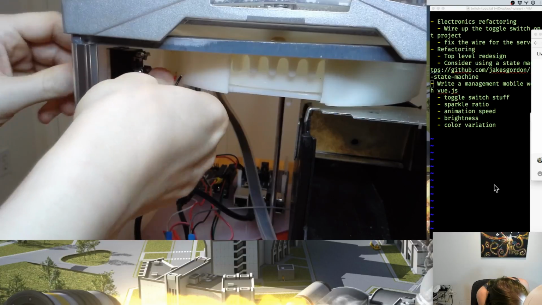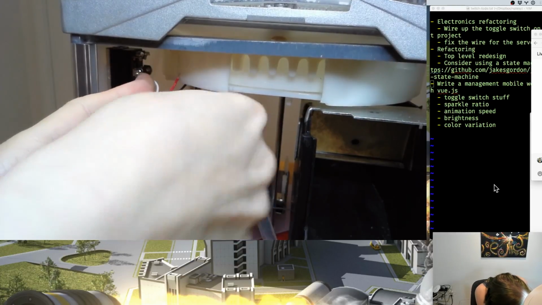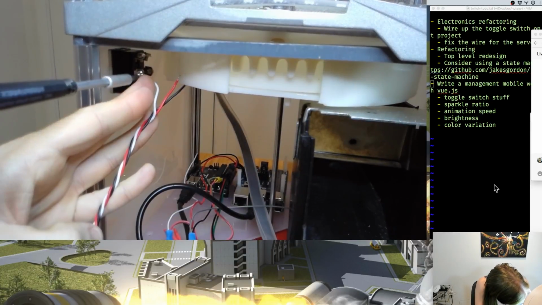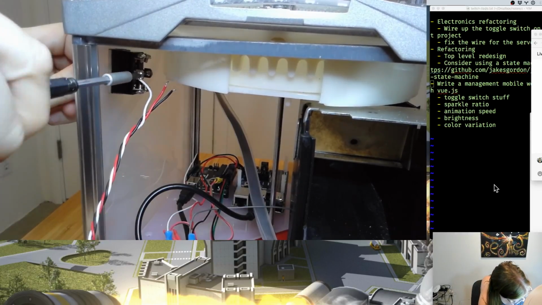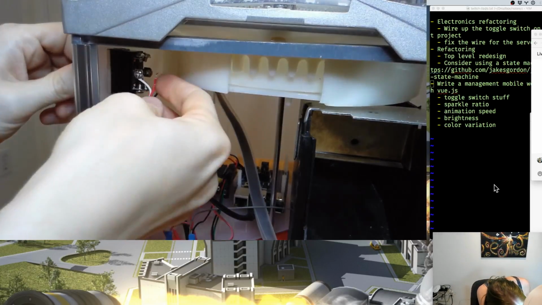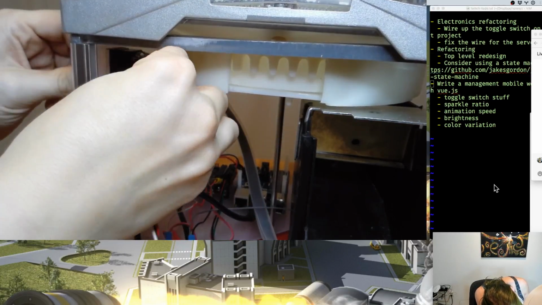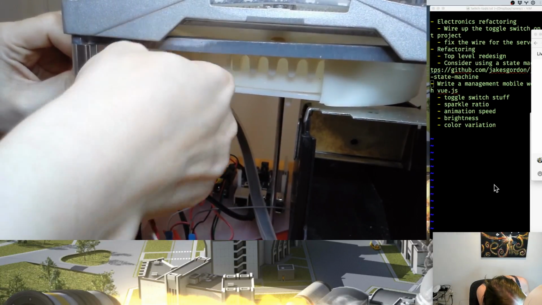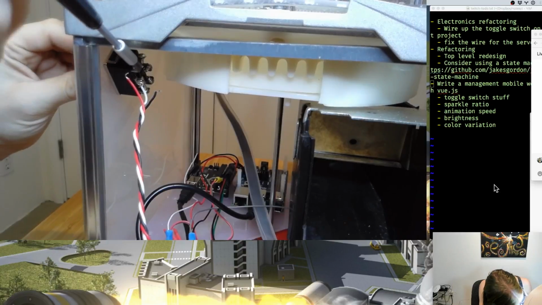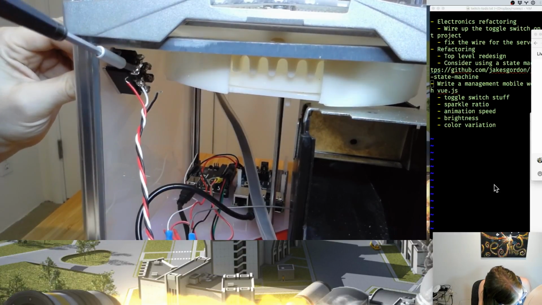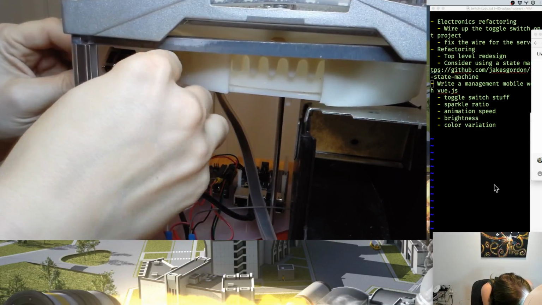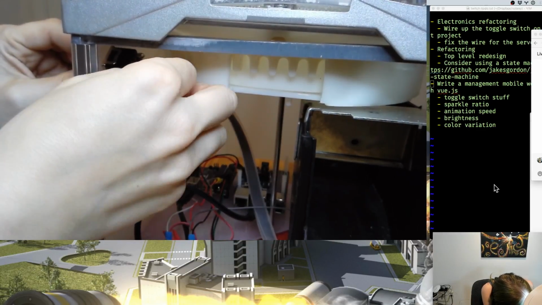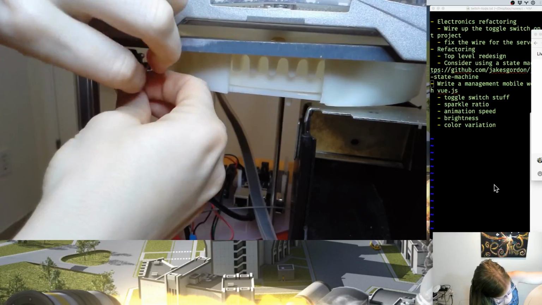And then squish them in place. Boop. And actually, I think the extra conductor I had trimmed off is probably fine, because now I have the little